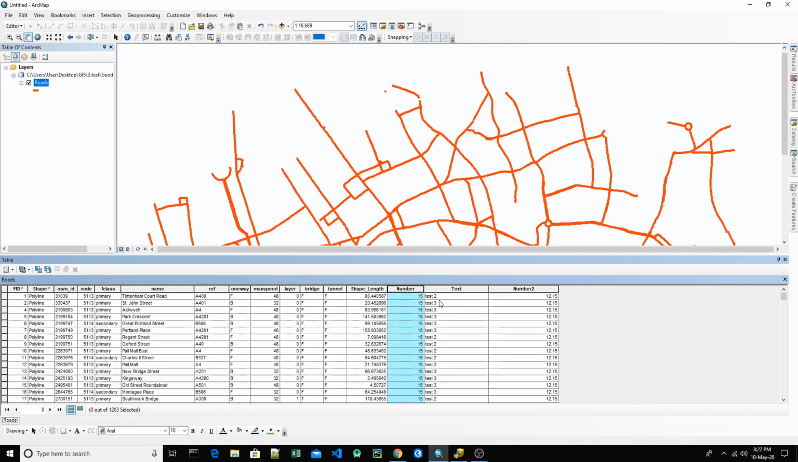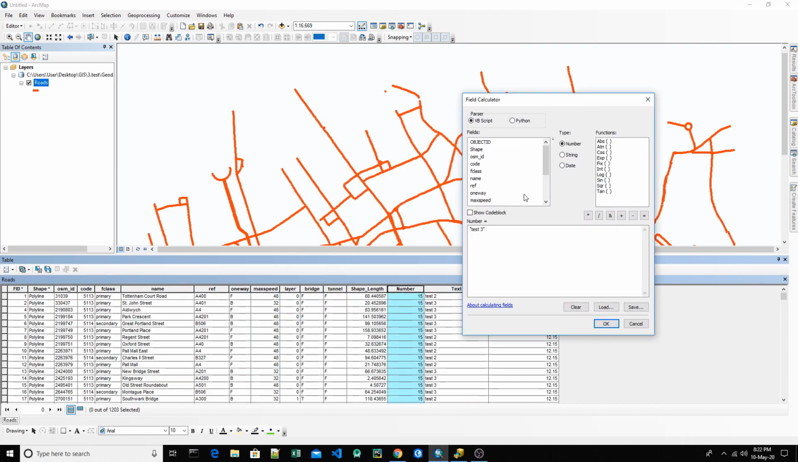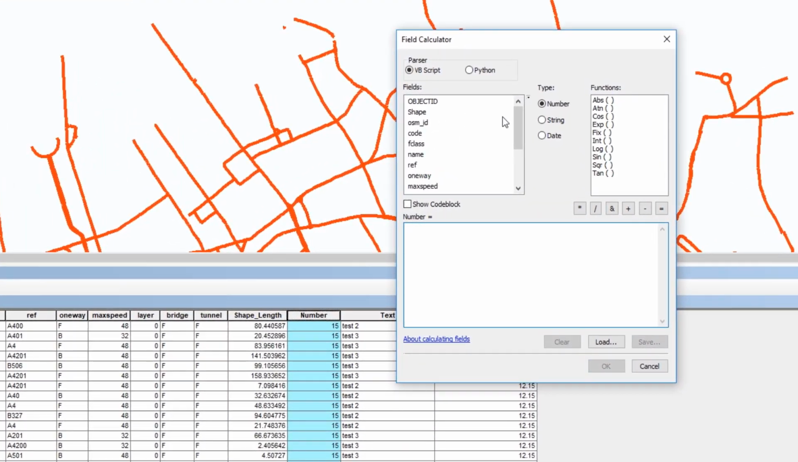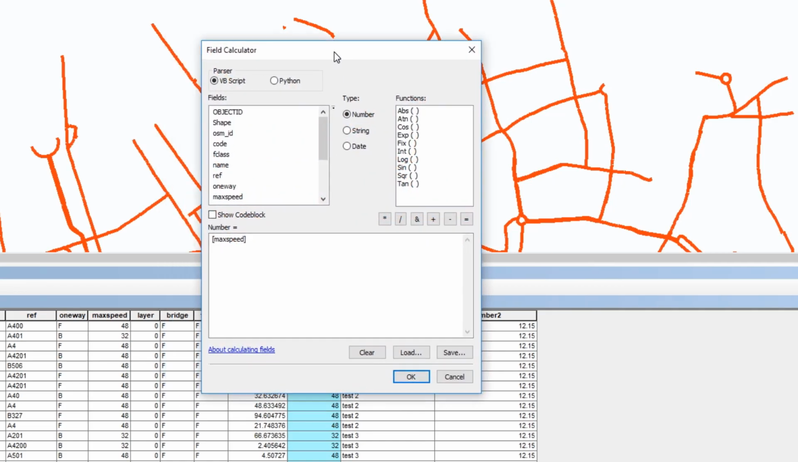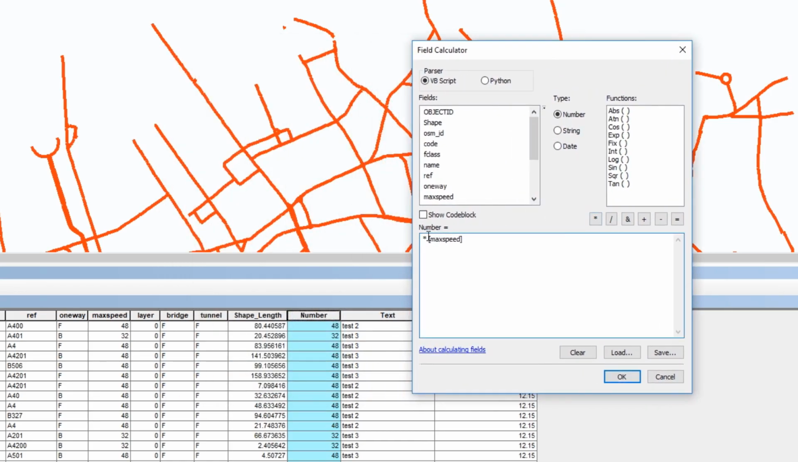Now let's suppose that we want to fill this field with the max speed number. So we right click, field calculator. We said that we also have the fields here. Now if we choose the field, we need max speed. If we just double click the field, we will see that the expression is equal to max speed. It is logical, of course. Then if we hit OK, we will see that the max speed is now written here, and the numbers will be the same. Now, but if we want to multiply this by 2, we have to